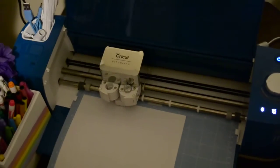I put my paper in. Hold on, let me do this. Okay, paper is in, even though you can't see because it's not focused. Come on, you can do this. There we go. I'm going to hit the button,